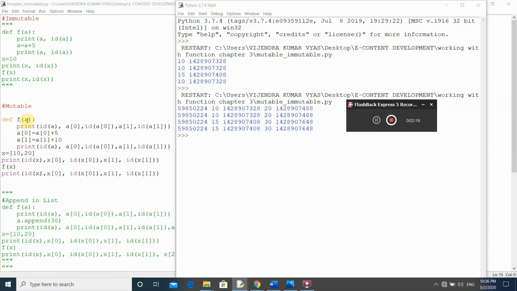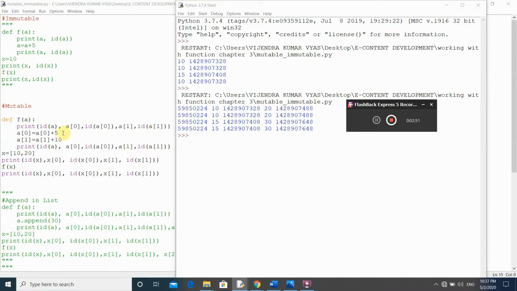So when we see the function's body, one print statement is given. From this print statement we are trying to display the address of this a parameter, value at a of 0, address of a of 0, value at a of 1 and the address of a of 1.